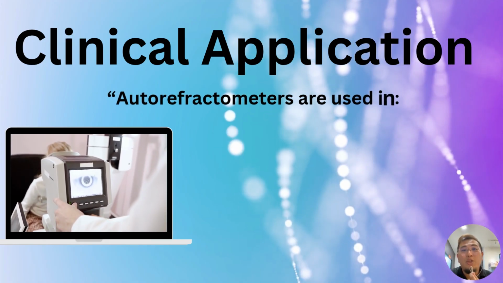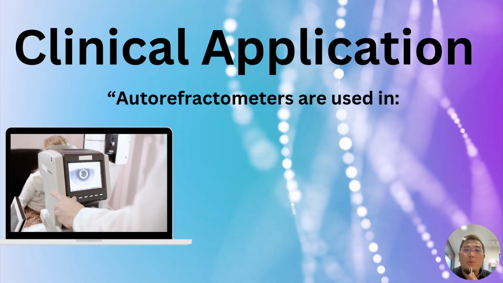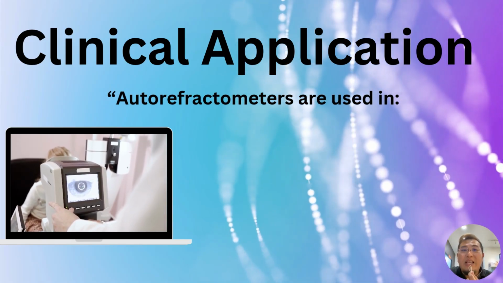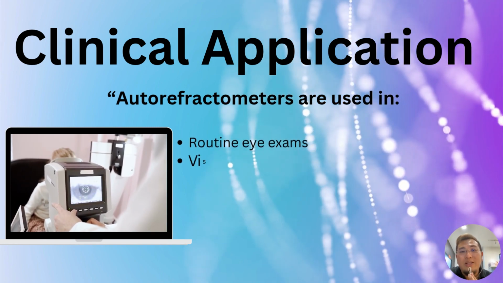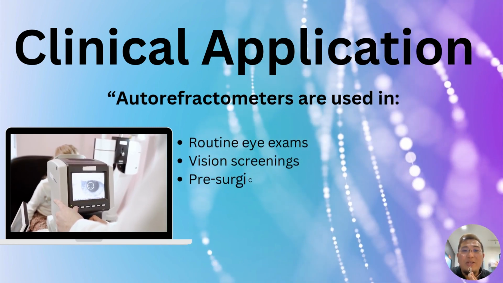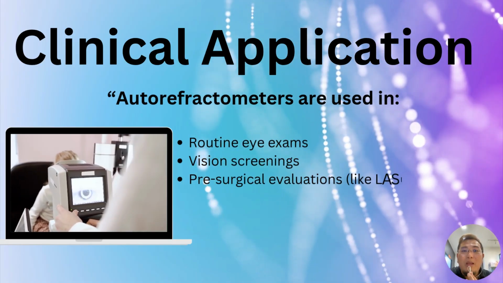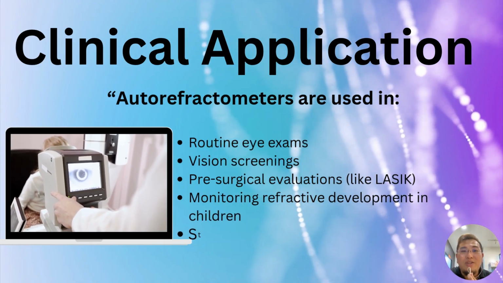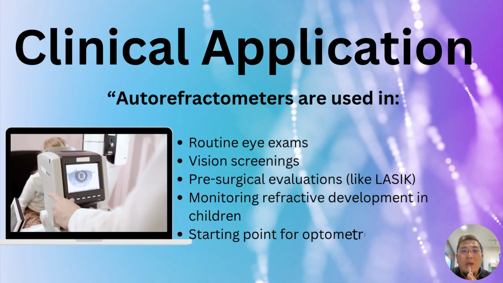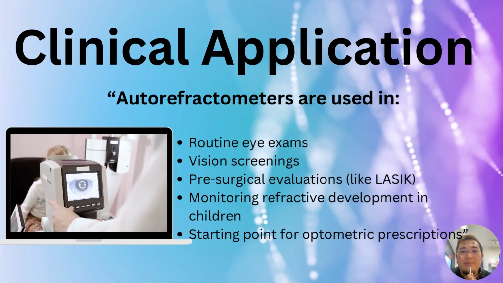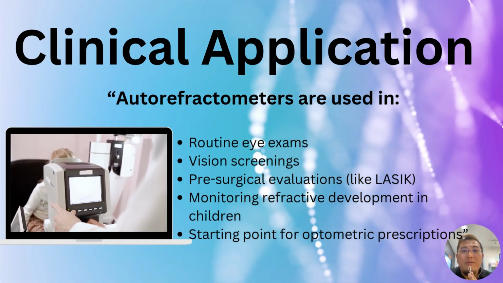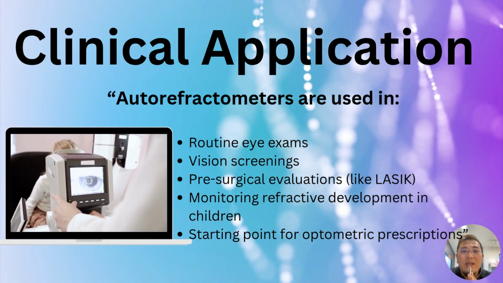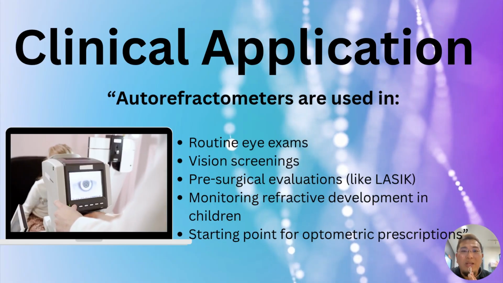Autorefractometers are widely used in clinical settings to provide a quick and objective measurement of refractive error. They are essential tools in routine eye examinations, helping optometrists to assess the patient's vision status efficiently. These instruments are also used in vision screening, especially in school and community health programs, where fast and accurate assessments are needed. In surgical practice, autorefractometers assist in pre-surgical evaluations, such as for LASIK or cataract surgery, to determine